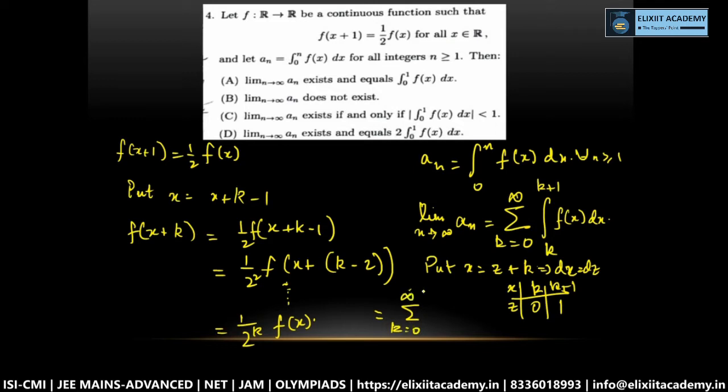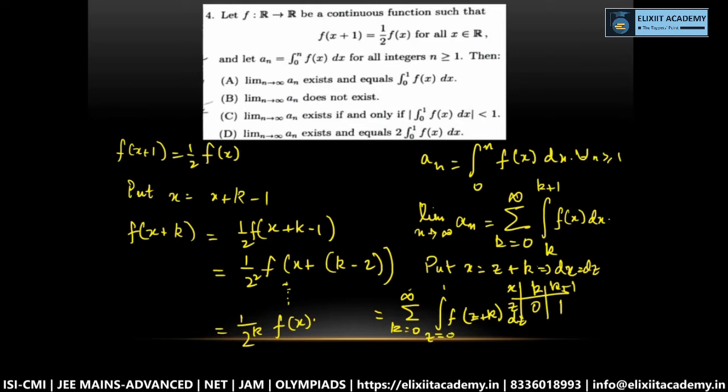Summation k equals 0 to infinity, integration z equals 0 to 1. We're changing the range, and this becomes f of z plus k, dz. Okay, so from here we are having